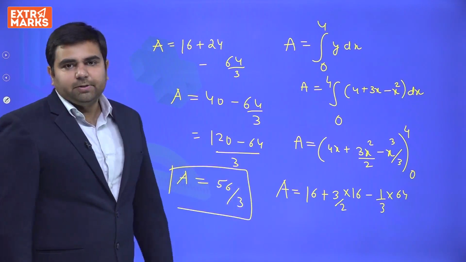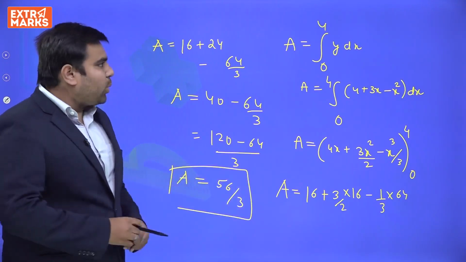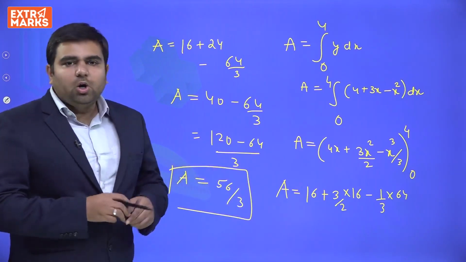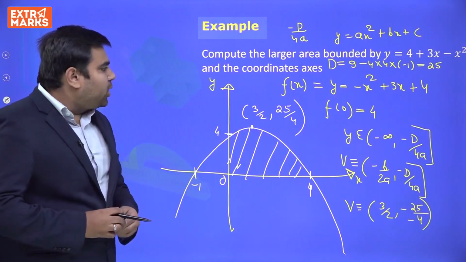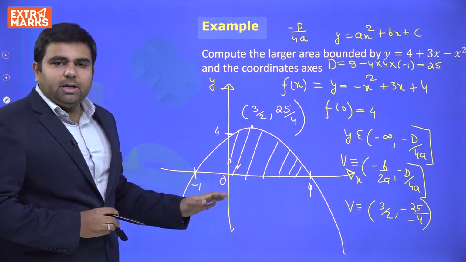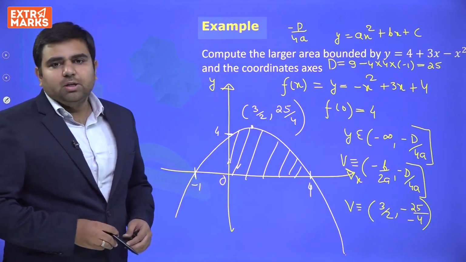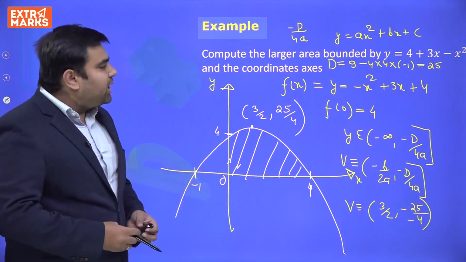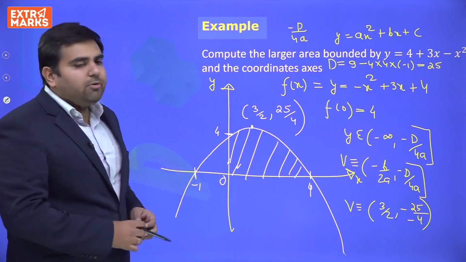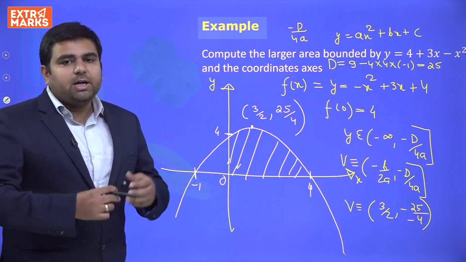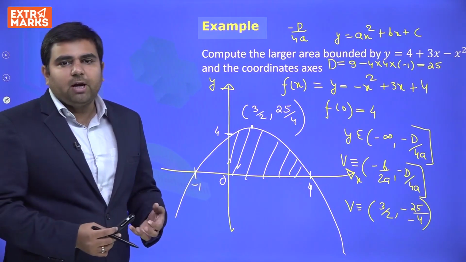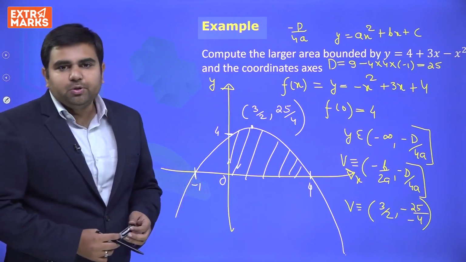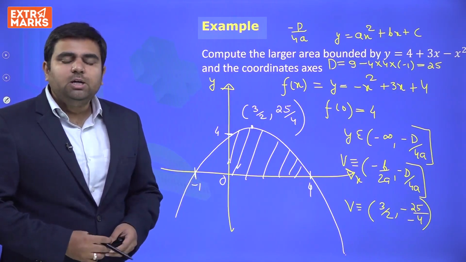So this is the final area obtained. I hope this is quite clear to each and everyone, and this was a really easy problem. The only thing we need to ensure is to plot the correct graph, because if we plot the correct graph, then we can definitely calculate the required area very easily. In each and every question of area which comes across us, we need to plot the curve very accurately. Once we get the curve, we can easily form the expression of area, and then we can easily get the correct answer for any problem given to us. So this was the solution of this particular problem. Let's move ahead.